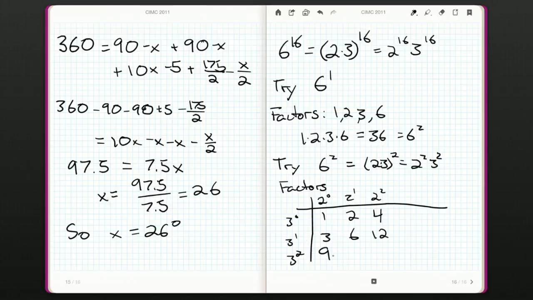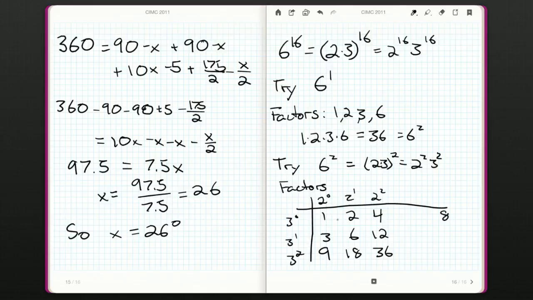And all the ones that have a 9 in their prime factorization. So that's 9, 18, 36. Okay? And if we were to multiply all these together, we'd get 1 times 2 times 4, so that's 8. 3 times 6 times 12. Gosh, that's well,